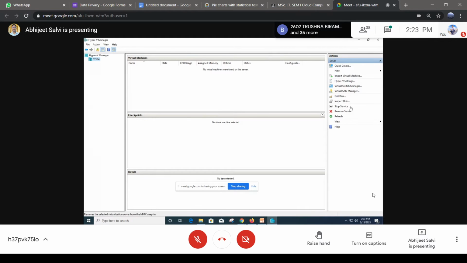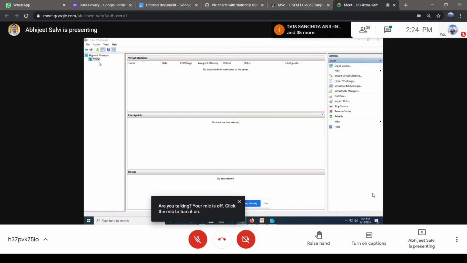And on the right side we'll have a list of actions which we can perform on that virtual machine. So we can have the settings, the virtual switches, and the virtual SAN manager over there. You can stop the service, you can refresh the service, and many more once we create our virtual machines.